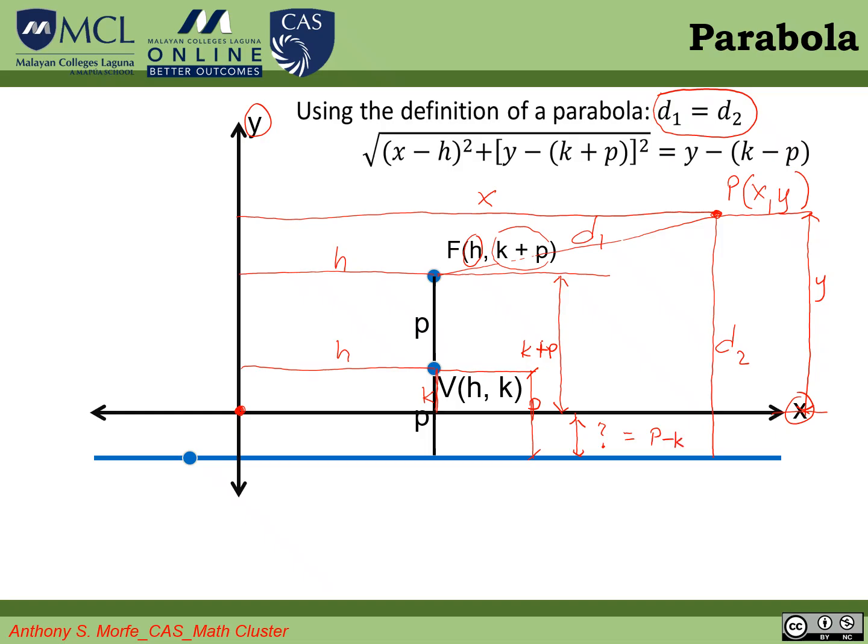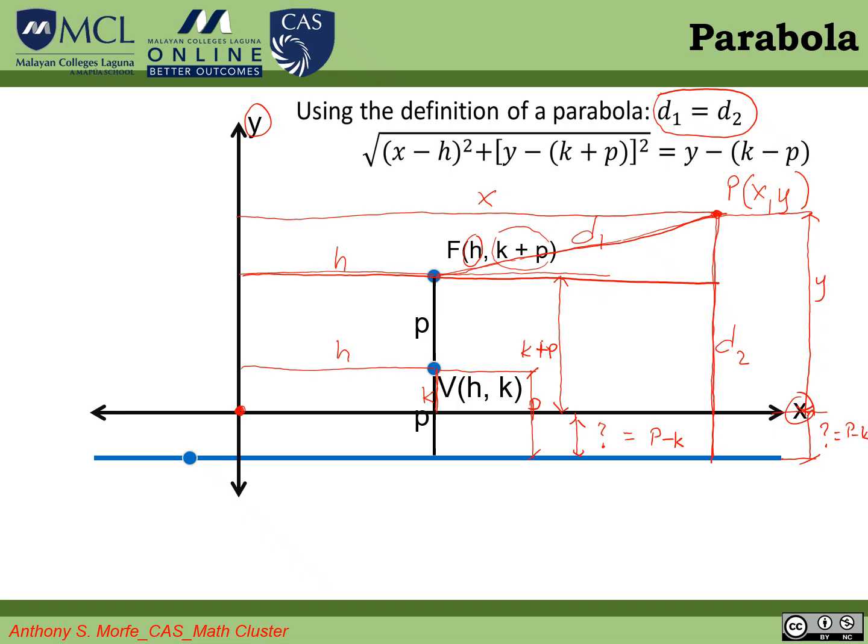So D1 is equal to D2, where D2 is equal to Y plus this distance, which is the question mark, which is equal to P minus K. So that's why here in the formula we have the distance here, this is D1, and if we draw a line parallel to the x-axis passing through the focus, and if we draw a line from P down to the directrix, perpendicular to the directrix,